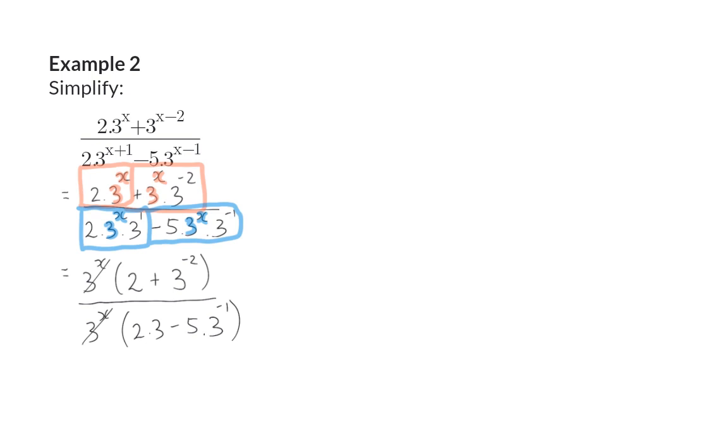Next, I will rewrite and simplify the numerator, and this will give me 2 plus 1/9. Just a reminder that 3 to the power of negative 2 can be rewritten as 1 over 3 to the power of positive 2, which is 1 over 9. This numerator should now be divided by the simplified denominator, and this will be 2 times 3, which is 6, minus 5